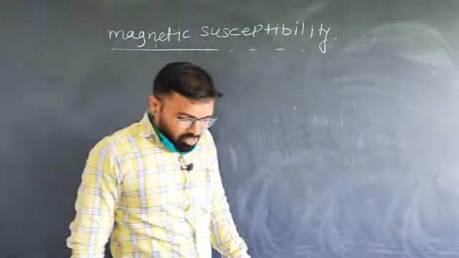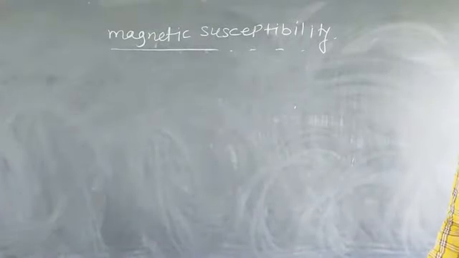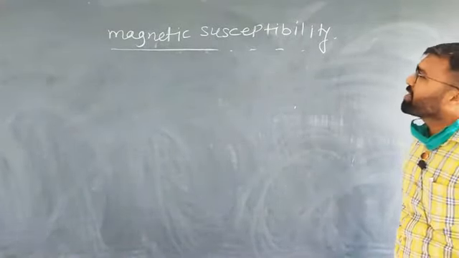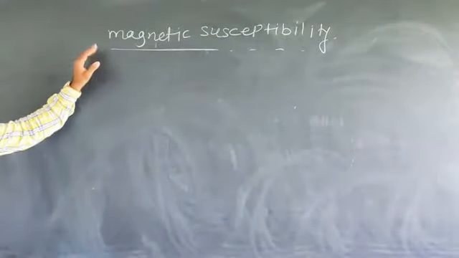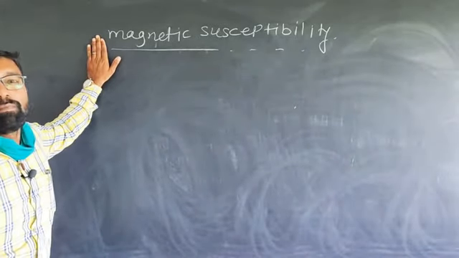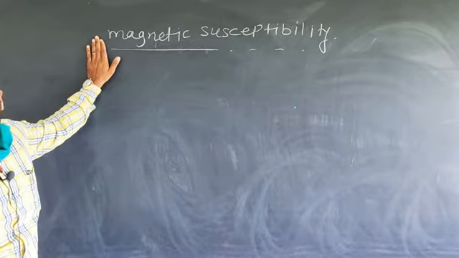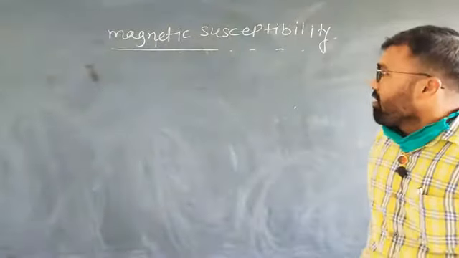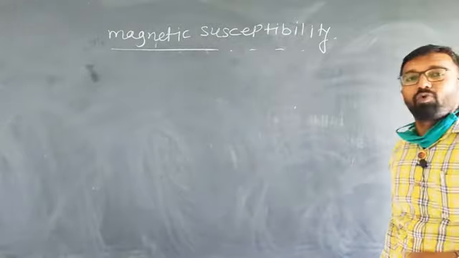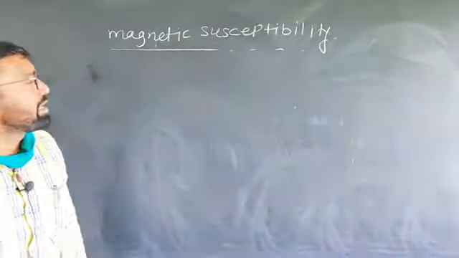Hello friends. Under the heading of magnetic susceptibility, that is CHI 333 section 2, instrumentation for inorganic chemistry, we discuss magnetic susceptibility. In the previous lectures, we discussed ferromagnetism, paramagnetism, diamagnetism, antiferromagnetism and ferrimagnetism, the classification of magnetic materials. Then we studied the definition of magnetic susceptibility, what is volume susceptibility, what is gram susceptibility, what is molar susceptibility, etc.